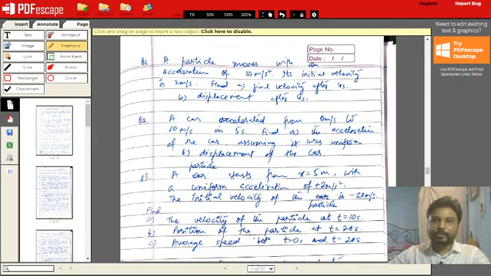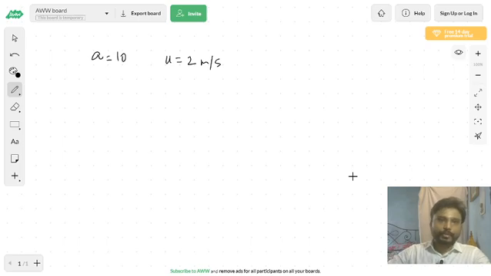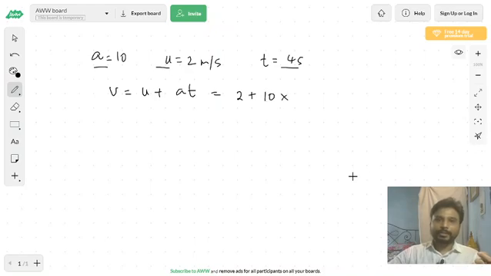Final velocity after 4 seconds. So here, what expression would you use? You would use an expression in which we know time, initial velocity and acceleration. You have only one expression to find velocity using these three terms, which is u plus at. So we plug in all the terms which we have: initial velocity 2, acceleration 10, time 4. That becomes 42 meters per second. Just substituting values and calculating, we got the final velocity.